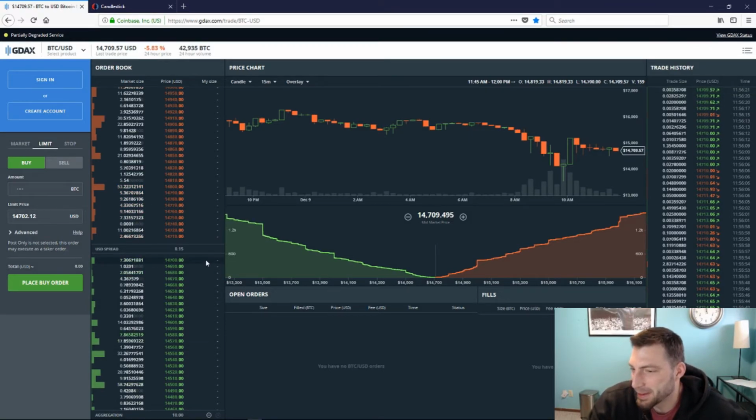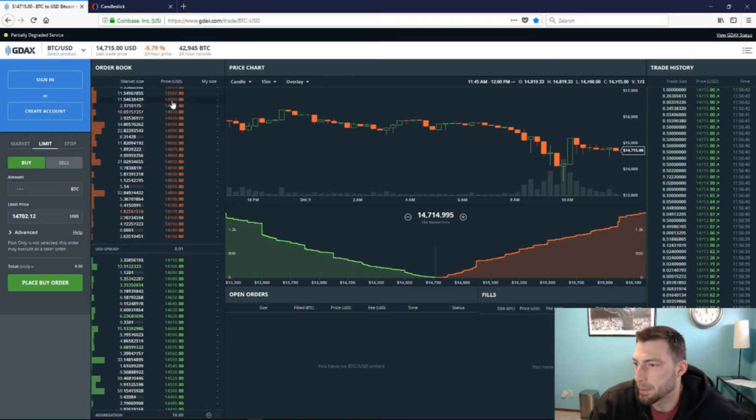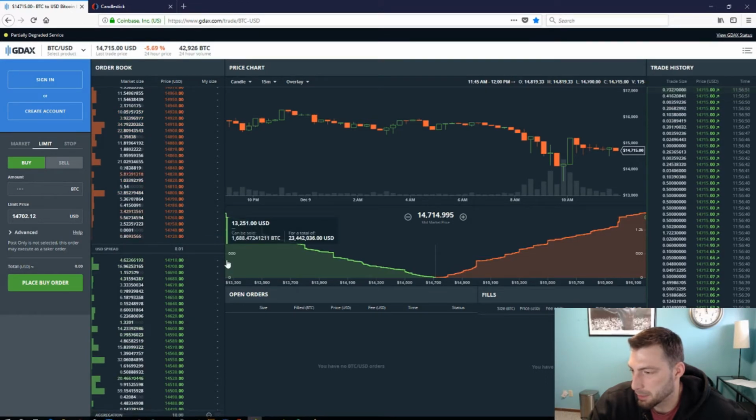So as you go below the current prices, you can see these numbers are going lower. There are more people wanting to buy, and more volume associated with them. You also have a little graph right here representing how much Bitcoin is willing to be purchased at that exact price. And as we go up, this is how much people want to sell at this particular price. I made this $10 at the bottom down here, and this is representing a $10